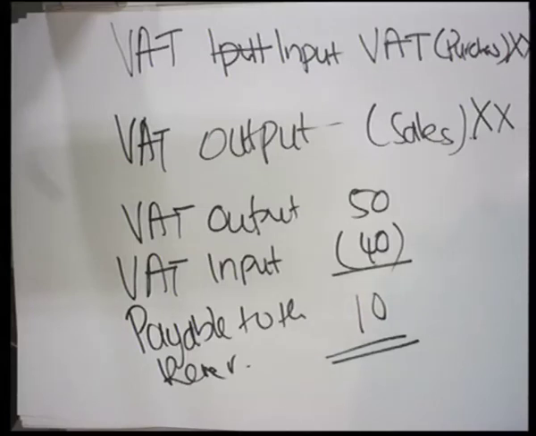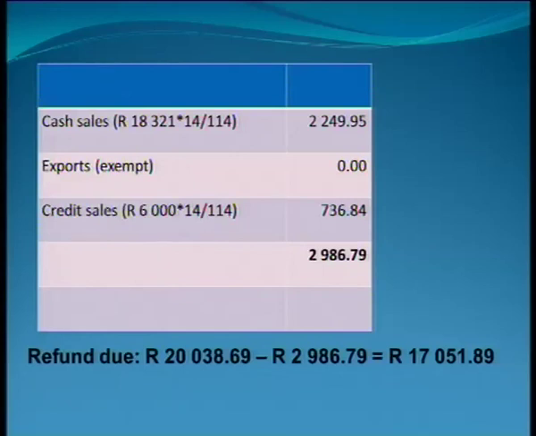To move on to your sales, they have cash sales, and the VAT on that was 2,249. Your exports is exempt, so it's 0.00. Your credit sales, you had VAT of 729. So in total, the VAT that you have declared on your sales, or what we call the output VAT, was